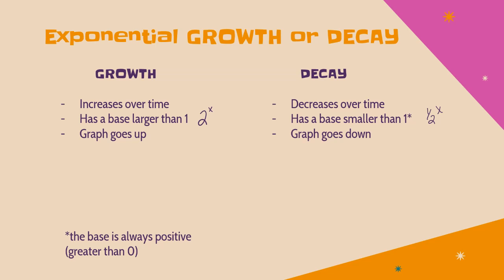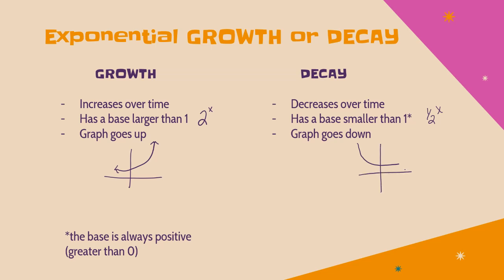Now notice there's an asterisk here. And if we look down here, the base is always positive, which means that it's greater than 0. So you cannot have a negative base. When we talk about a base smaller than 1, what we really mean is a positive base smaller than 1. So 1/2, 1/3, 2/5, 7/9, etc. An exponential growth will have a graph that goes up, and an exponential decay will have a graph that goes down. So that's what they will look like